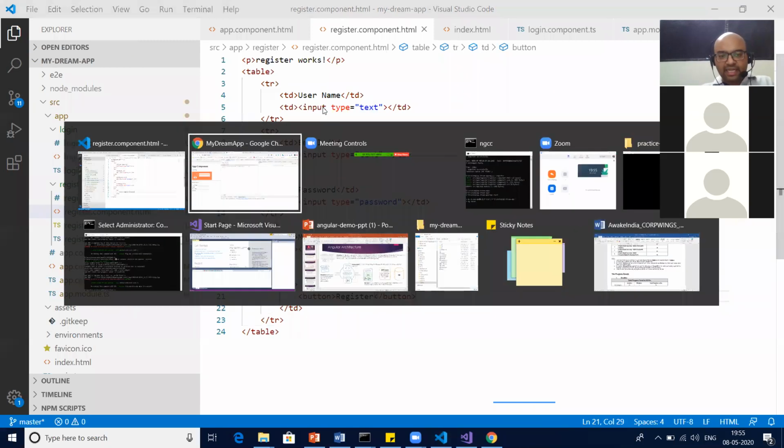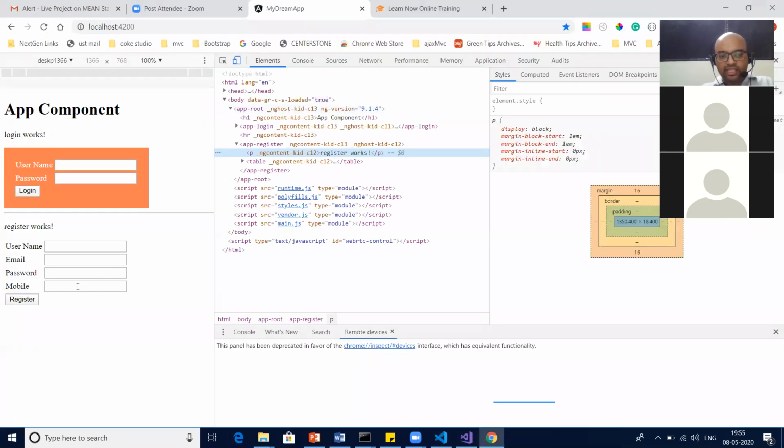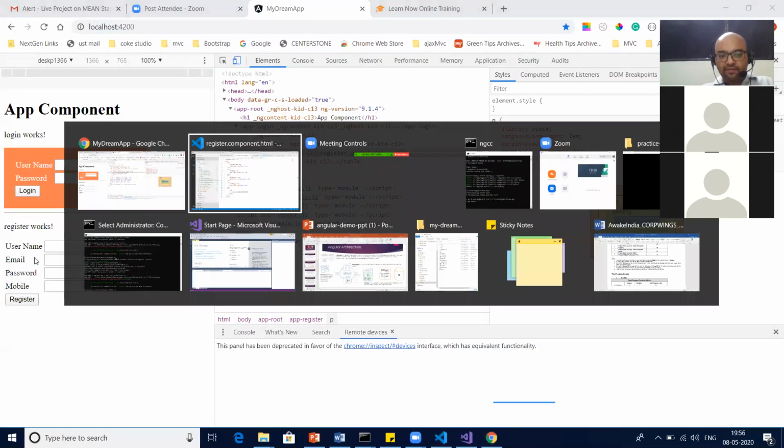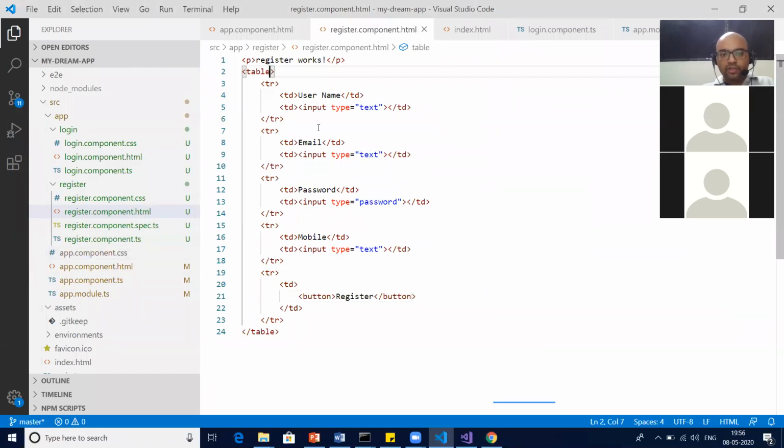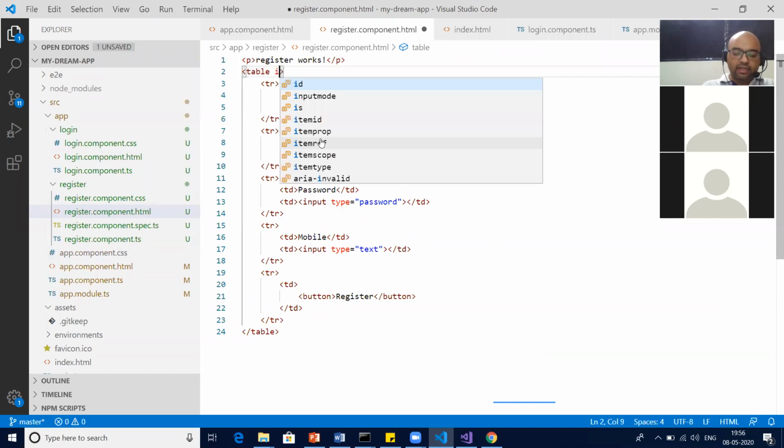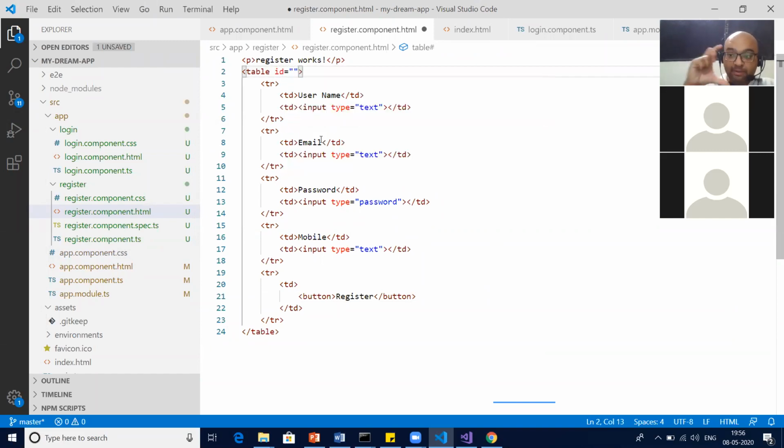Save it. Let's see, will this be available on the page? Yes, it is, correct. And can we do some styling to it? Yes, we can now. So for this table, I would say ID equals, because I'm talking about this table's style only, so it's always better to give an ID instead of a class when we're talking about a specific component, a specific HTML tag, or a specific HTML section. This table section is specific to registration, and this style is not required at some other place. So better, we will call it by ID.